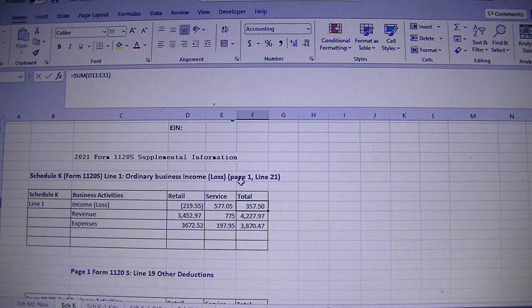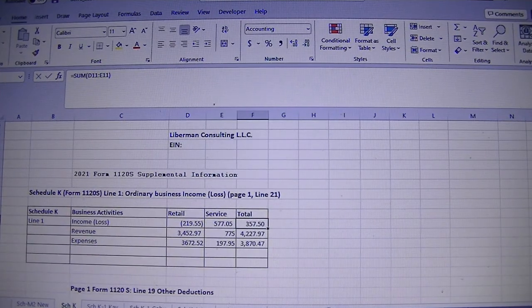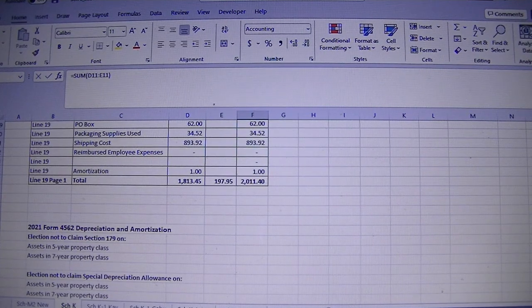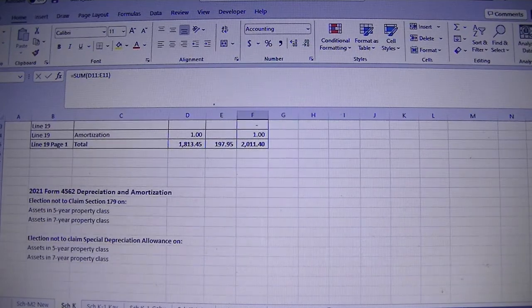our form 1120S page 1 line 19 has 358, and this is pretty much a spreadsheet layout in a way that we can print it out and add it to our form 1120S. And I like to add